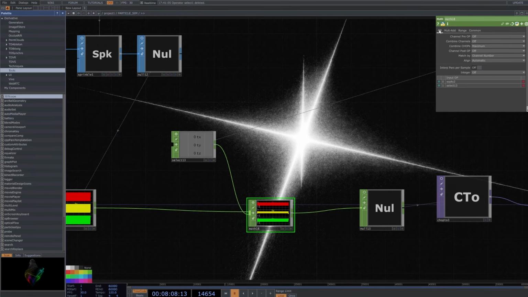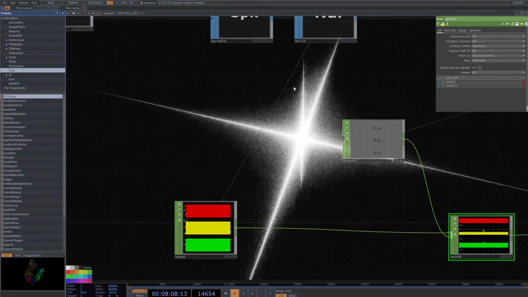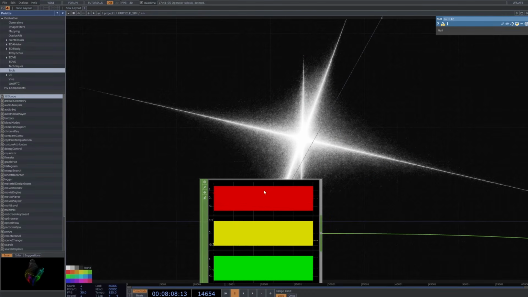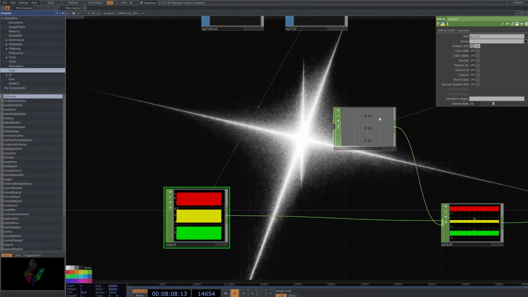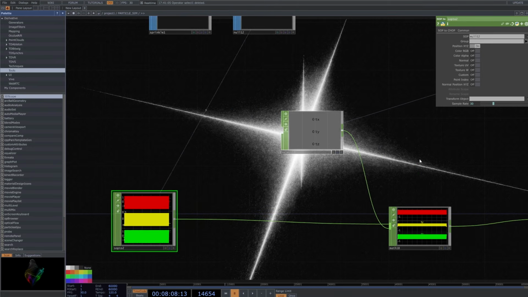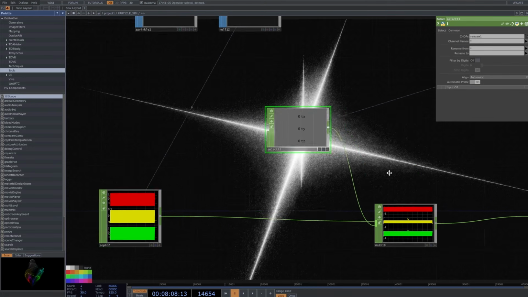We're then going to, in the math under the first tab, go to combine chops and set this to maximum. Again, you can try any of these values that you want. I find the best results being from maximum. Essentially what that's doing is that from the SOP here, we have the translate, they have X, Y, Z values. We're then going to multiply each of those X, Y, Z values, or get the maximum of the 2 values